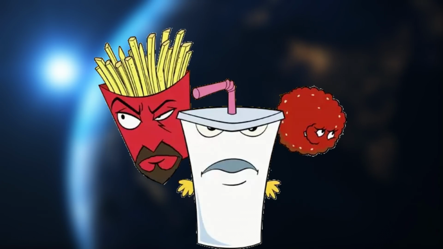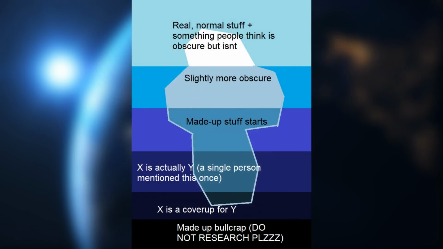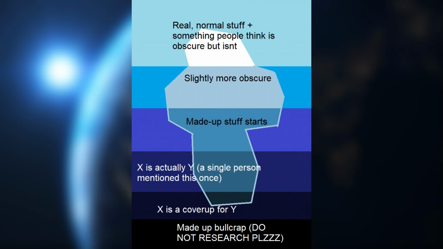I'm not going to explain in detail what an iceberg chart is because I'm sure that most of you know how an iceberg works, but if you need a brief summary, it's like a list of facts and information based on a topic, and the top portion of the chart is well-known information, but as you dive deeper down the chart, you'll run into more obscure random theories, ideas, dark secrets, and a lot of nonsense, to say the least.